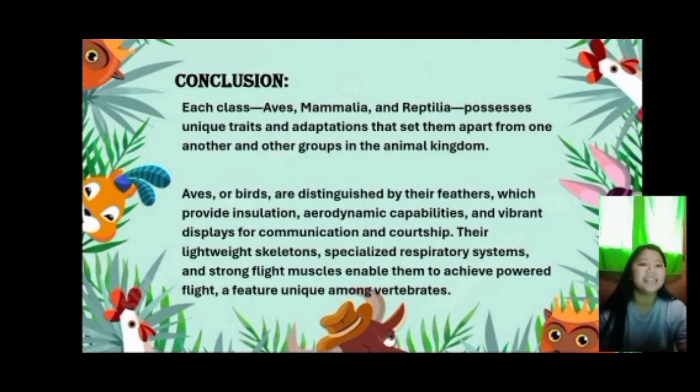In conclusion, each class, Aves, Mammalia, and Reptilia possesses unique traits and adaptations that set them apart from one another and other groups in the animal kingdom. Aves or birds are distinguished by their feathers, which provide insulation, aerodynamic capabilities, and vibrant displays for communication and courtship. Their lightweight skeletons, specialized respiratory systems, and strong flight muscles enable them to achieve powered flight, a feature unique among